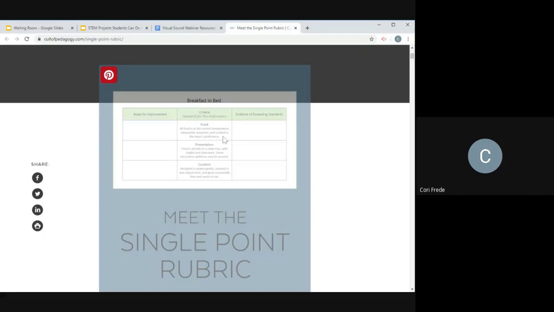But it even says cooked to the eater's preference. It's really hard to grade something like that because who's the eater? Does the chef know going in, I am cooking this for my mom, I'm cooking this for my dad, I'm cooking this for my teacher? So by not having those 4 points and only having the one criteria, it makes it easier for the student